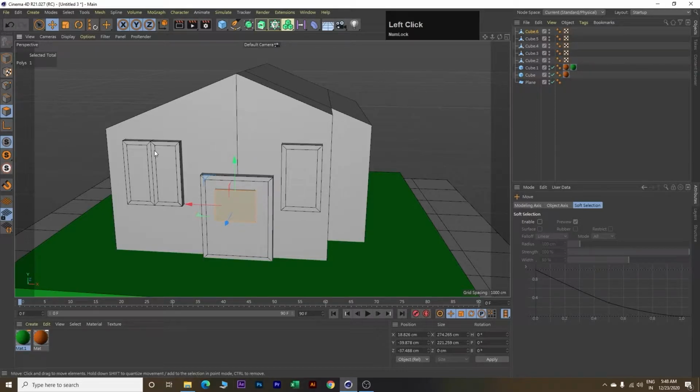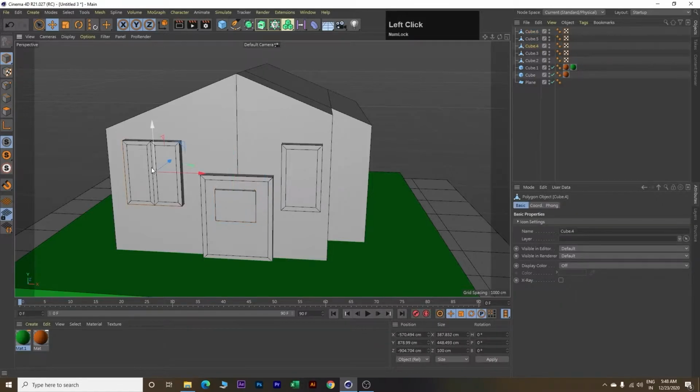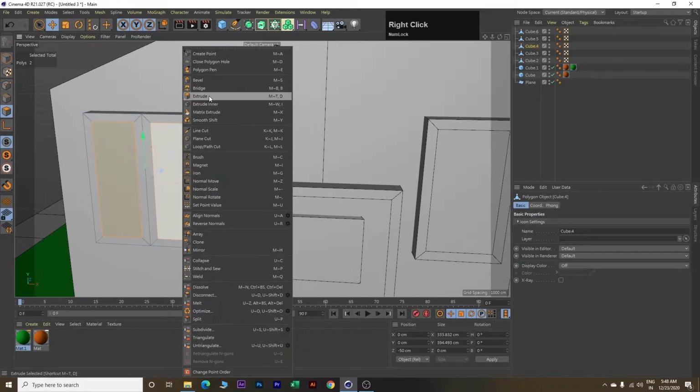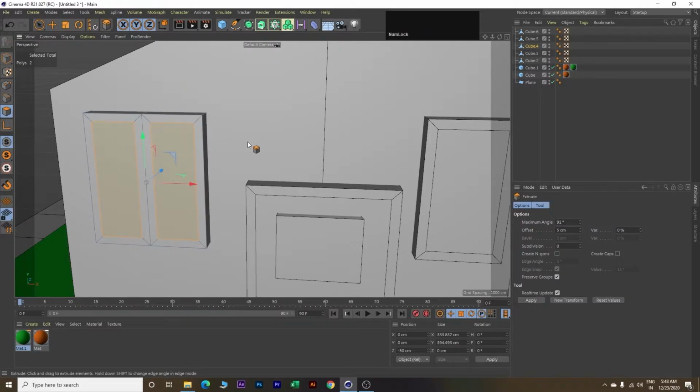Now we will make some depth on these windows and doors. So click on Model. Select this window over here first. Click on polygon and select these two polygons here. Next, zoom in. Then right click and select Extrude. Click and hold the left mouse button and drag your mouse towards the left. See, this is how we make depth in our window. Okay, this looks good. Value of -31.